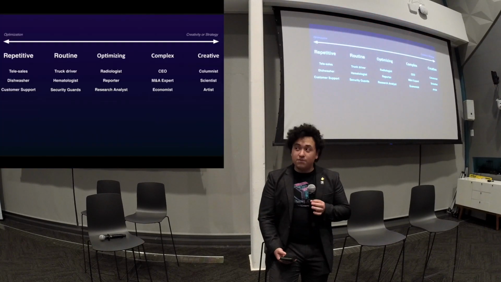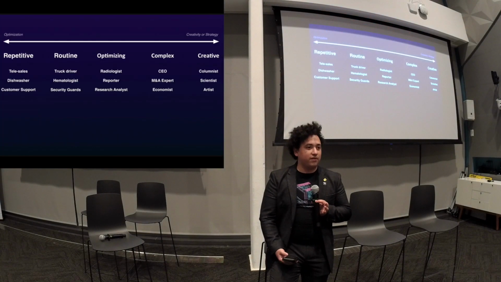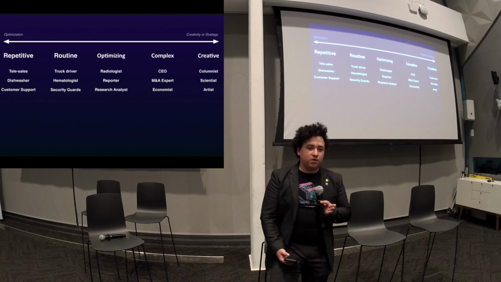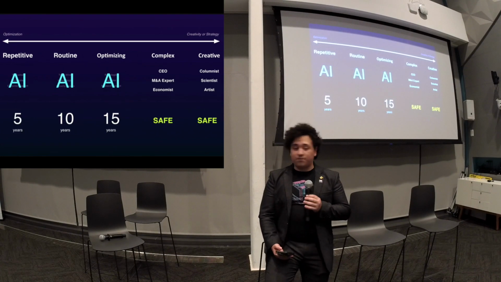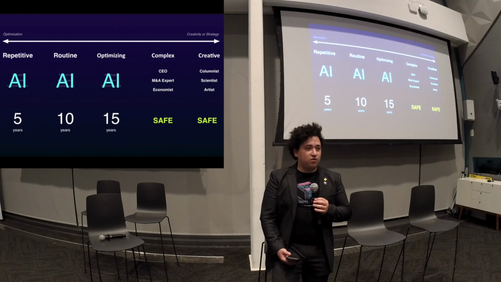I'm going to rush through this one, but for those of you who did your homework, if not, I'll send it over again. There's a TED Talk, Kai-Fu Lee. His TED Talk is basically around how AI will save our humanity, and he maps out tasks that we do for a living, from everything from optimization-focused tasks to more creative and strategic. And this is the timeline he talks about, right? So those of you who are in more creative functions, you're quote-unquote safe for the next 15 years.